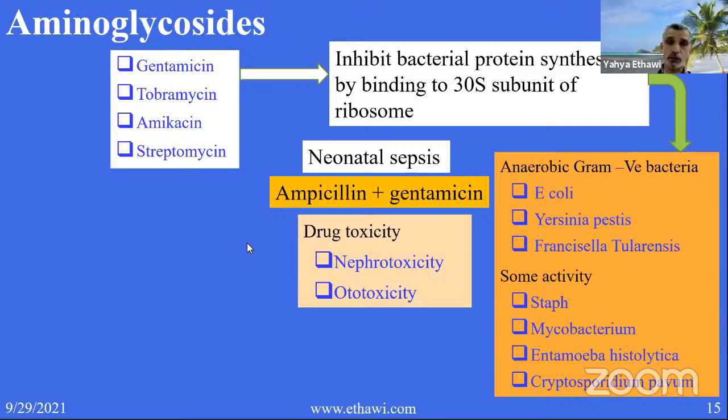So we check two levels, the trough and the peak, although I don't care about the peak, I only measure the trough. The peak is after the dose. The trough is before the dose. Most commonly, we test after the second dose, before the third dose. We measure the trough level. Sometimes we do it on day 5. The reason is that most commonly we need only 2 doses. We don't need the third dose, because